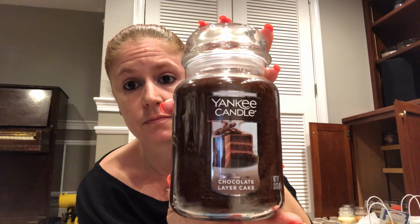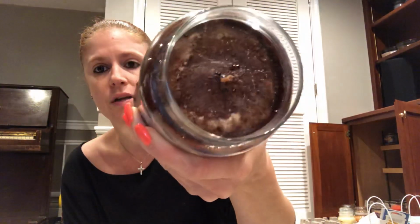that's the chocolate layer cake. That's a 10 throw. That like punches you in the face, and then it punches you in the face when you burn it. This one's a really nice oily one. It's got lots and lots of fragrance oils in it. I don't know why they don't just make them all like this. Hello? But this punches you right in the face. So I've been mixing it with like candy cane lane tarts and stuff like that to kind of soften it